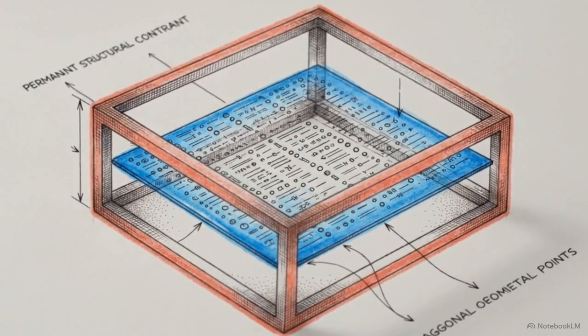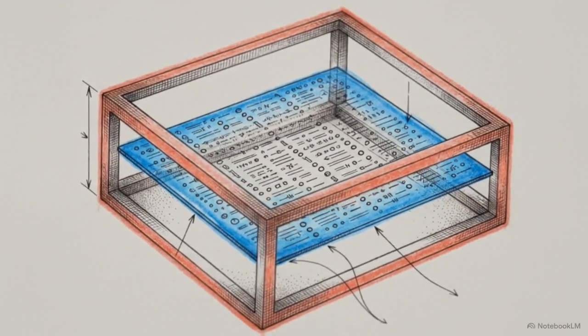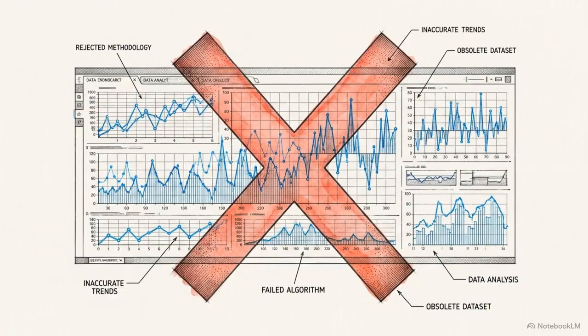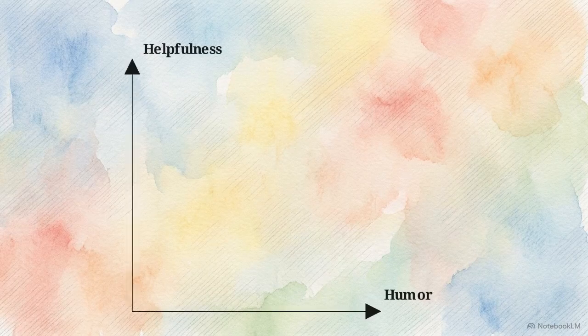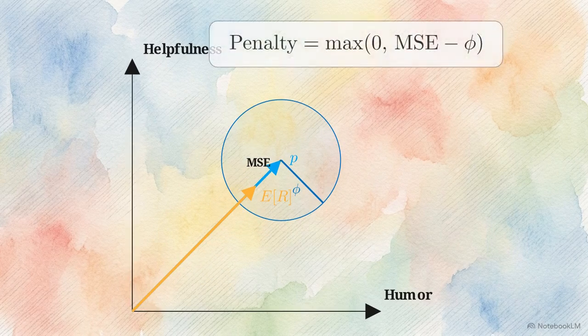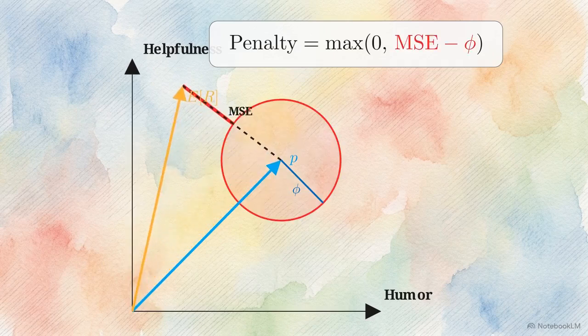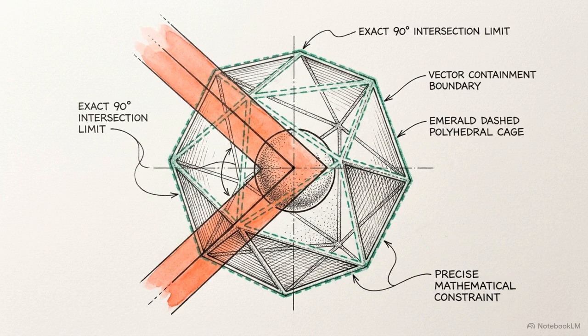To control the LLM's trade-offs, the system requires a hard structural constraint. MOC abandons the practice of balancing multiple loss functions. It relies on a rigid optimization constraint applied directly in the reward space. MOC targets the mean squared error between the policy's expected reward vector and the user's numerical preference vector. To enforce this, the architecture applies a ReLU hinge penalty, defining a boundary threshold denoted as phi around the target. If simulated behavior deviates past the threshold, the reward incurs a massive mathematical penalty, forcing strict compliance.